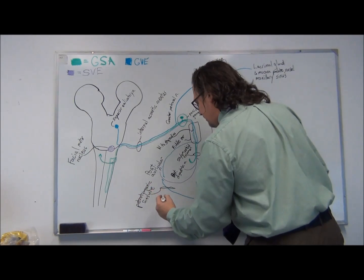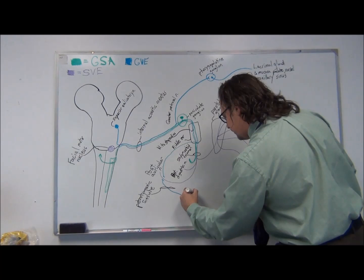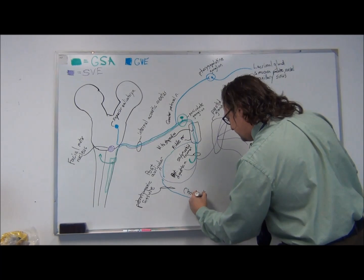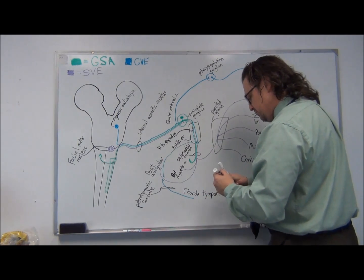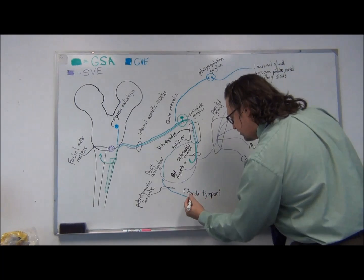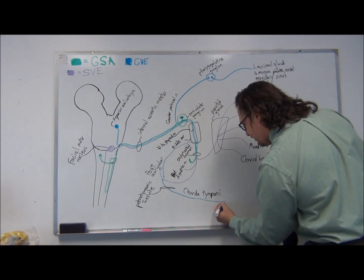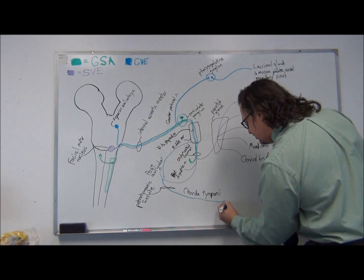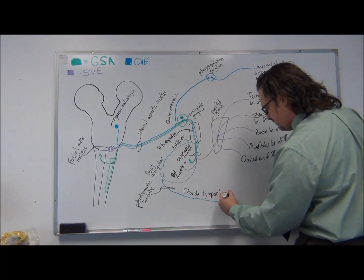And hopefully you remember this guy's called the chorda tympani. Sorry, the angle's a little weird here if my penmanship gets bad. And the chorda tympani joins with the lingual nerve, a branch of the mandibular nerve, V3, follows it until it reaches the submandibular ganglion,